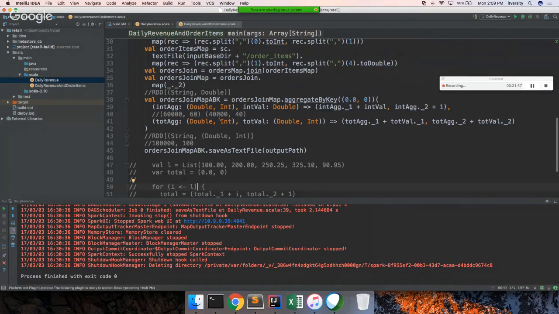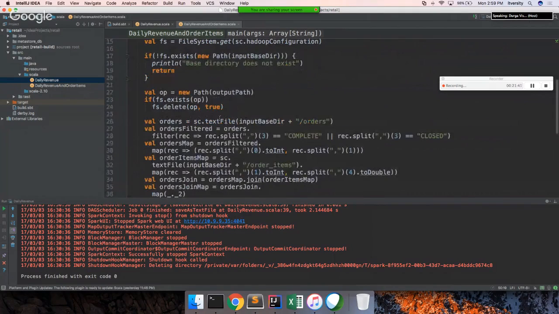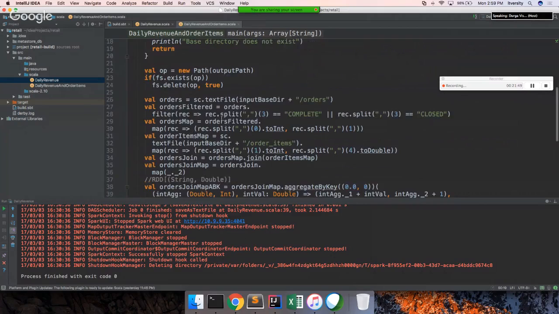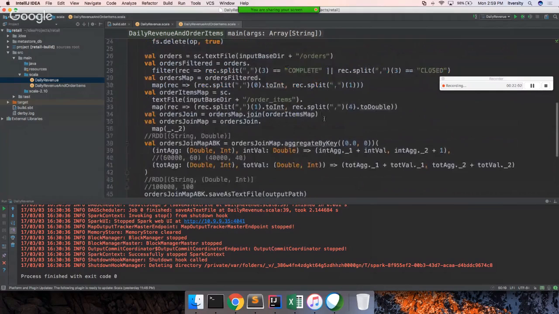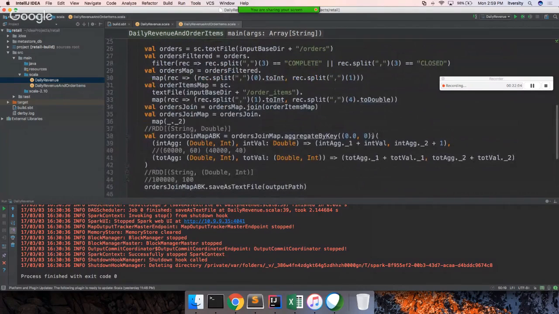Okay, so did everyone finish the program? Last session. So yeah, I will highly recommend no need to worry too much about aggregate by key. If you want, you can explore. As long as you understand what it is, it is fine. There is another way of dealing with this. You don't need to actually use aggregate by key only. What the other way is,